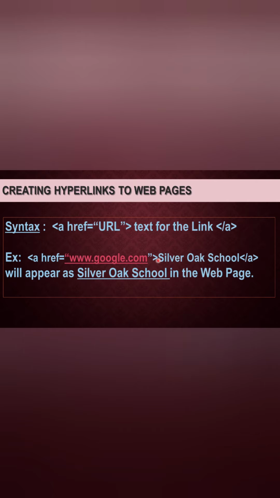Okay. So after closing the tag, you have to enter the text for the link. I have entered here Silver Oak School. Then you have to close the anchor tag. So this index we are entering on your notepad program only, right? Then we will save and we will open our web page so that it will appear as Silver Oak School